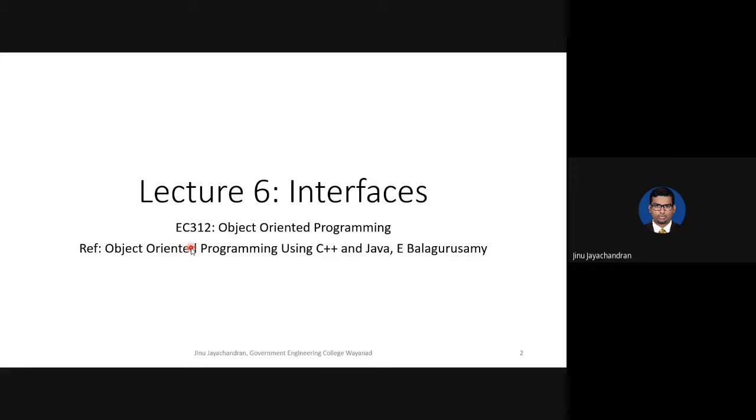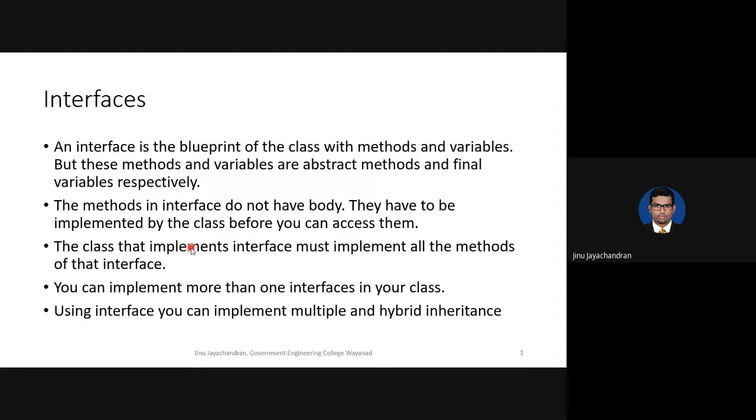As far as we have seen till the last class, C++ and Java programming are almost similar. There are some differences in the syntax, declaration of main functions, etc. But we haven't seen anything drastic between C++ and Java. So we are going to start that change from this lecture onwards, where we are going to define something called interfaces.